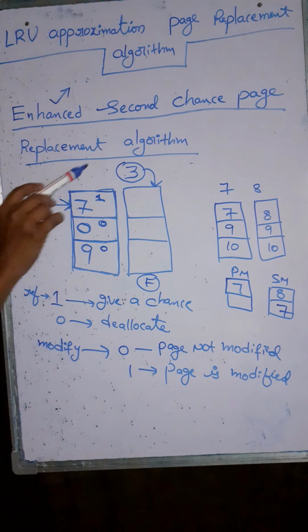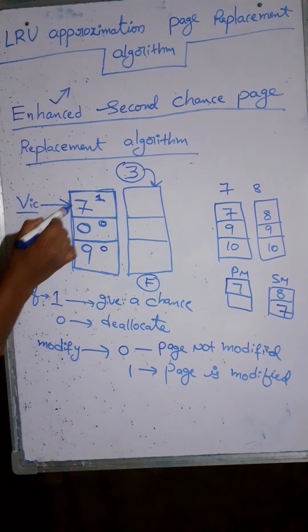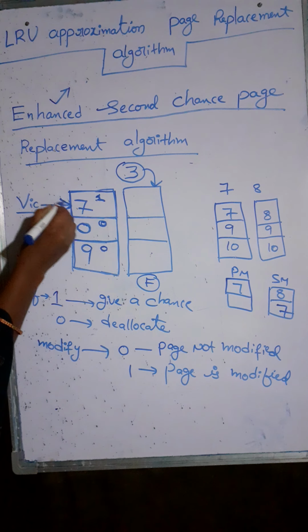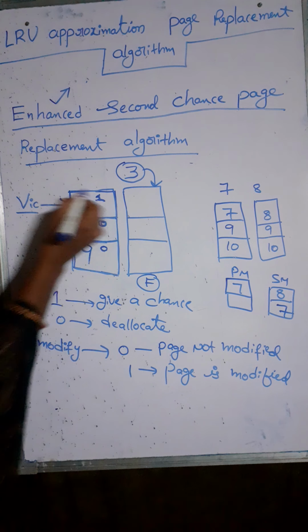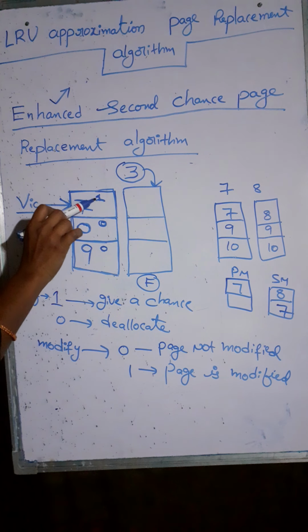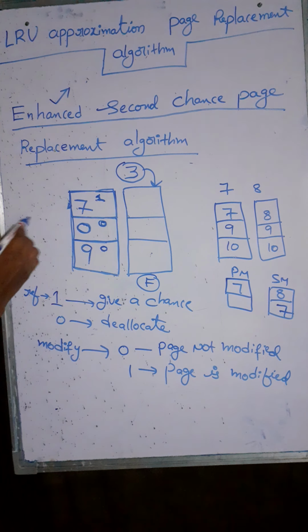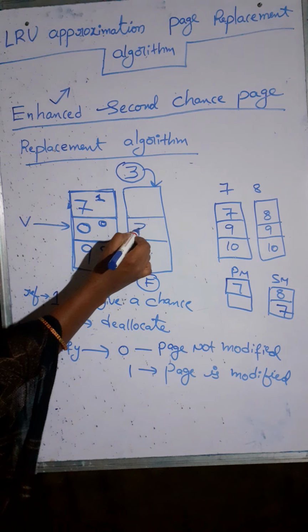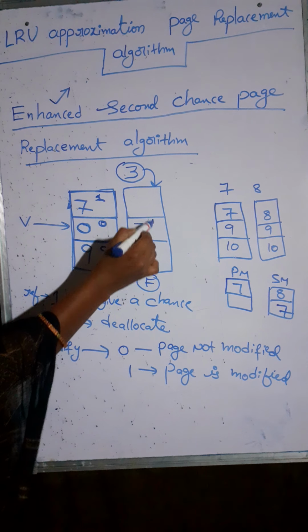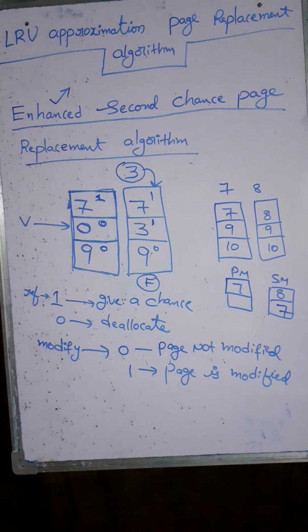Now in order to load 3 into the primary memory, we should first choose one frame as the victim frame, right? Let us assume that this is the victim frame. If you observe here, the reference bit is set to 1. If the reference bit is set to 1, then you cannot deallocate the memory space of this frame. So what should we do? We should move the victim frame pointer to the next frame. Here the reference bit is set to 0, so we can deallocate the memory space of 0, allocate memory space for 3 and set its reference bit to 1. Okay, this is the second chance page replacement algorithm, right?